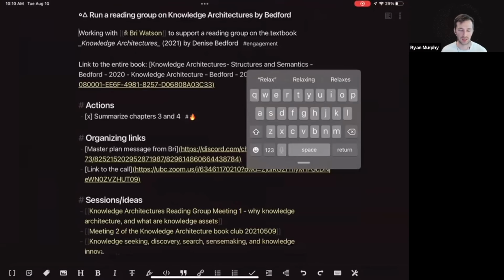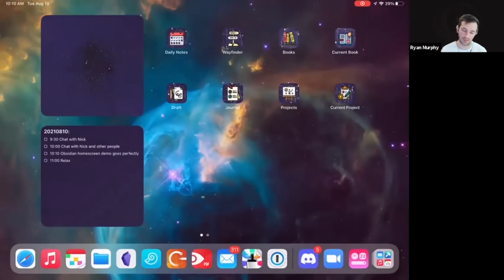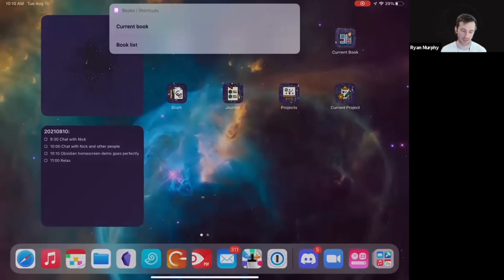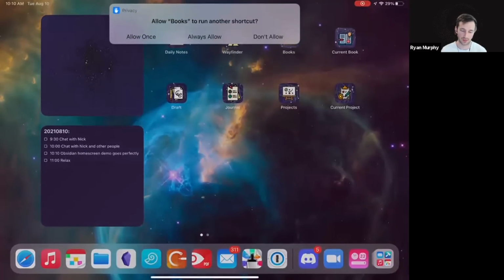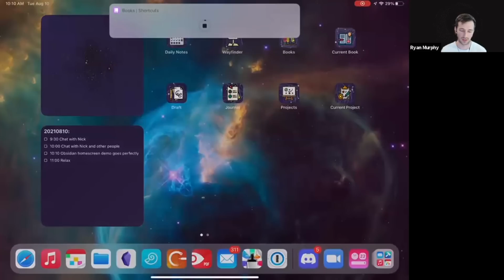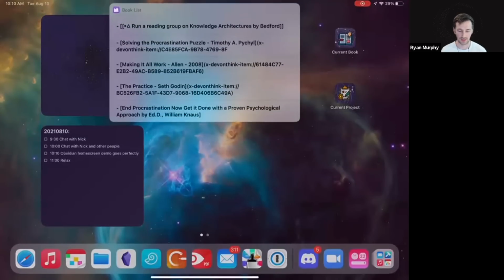And we can talk about exactly how to do it if you want in the AMA, to create a link to a specific file in Obsidian. But that's not actually what I'm doing. If I tap the books document and I tap book list, it actually draws from a specific text file from a list of books. And then it gives me this dynamic list.